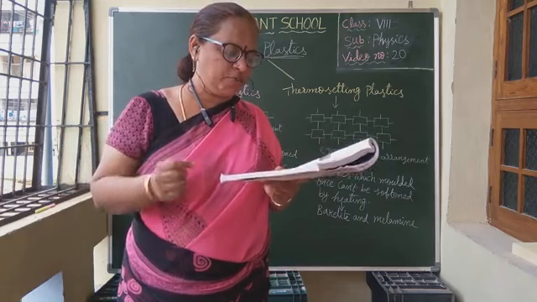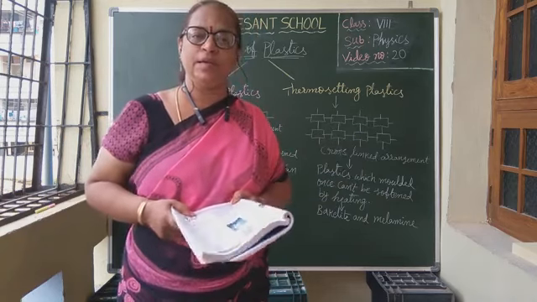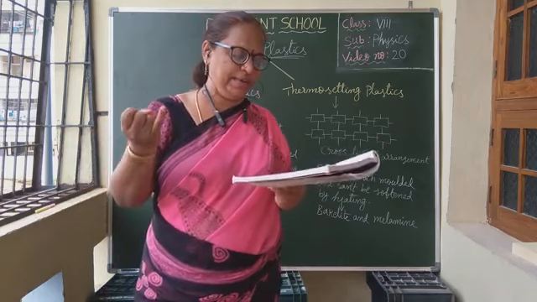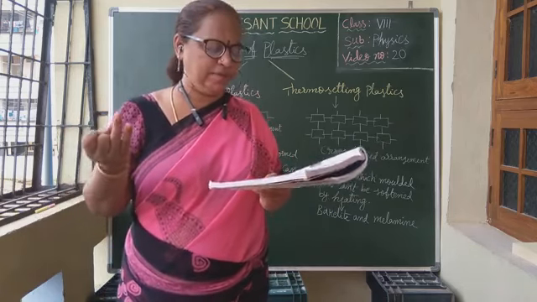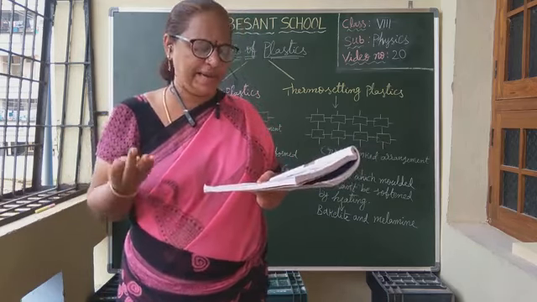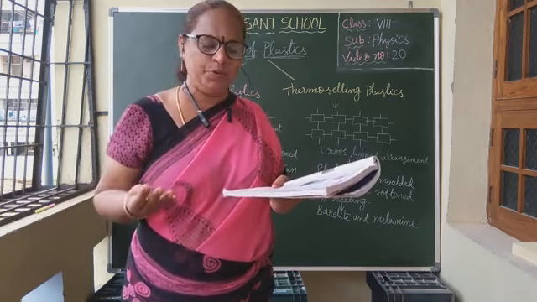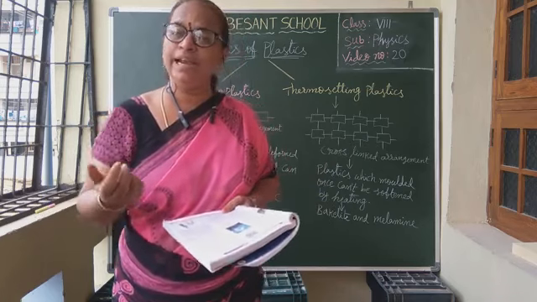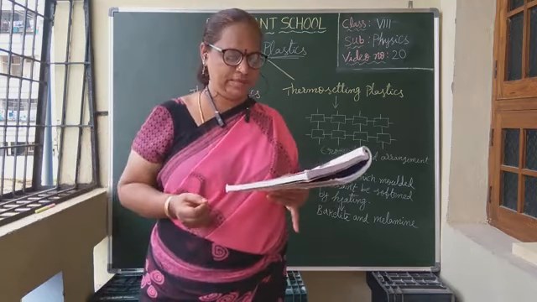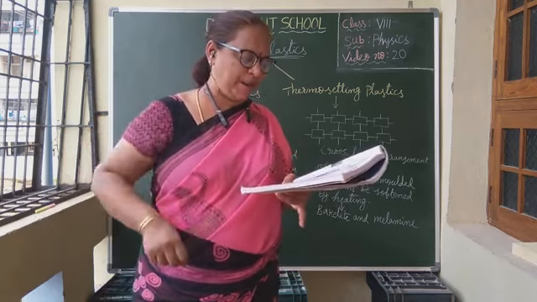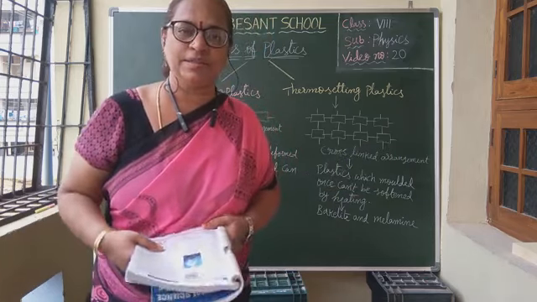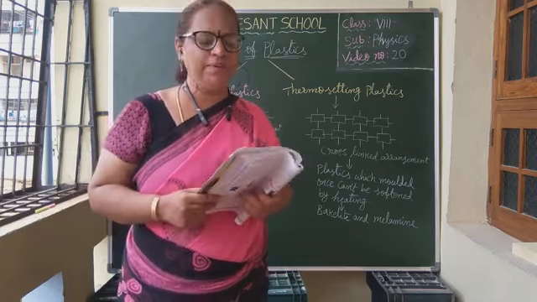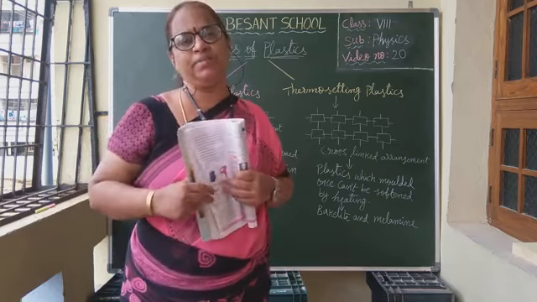Do all kinds of plastic show the above properties? Some properties of plastic are given here: easily moldable, converted into any shape, can be recycled, reused, colored, melted and rolled into sheets and wires. But do all kinds of plastic show these properties? Will all plastics get melted on heating? That we will understand by the lab activity given.